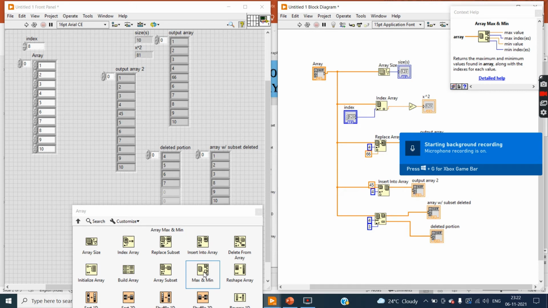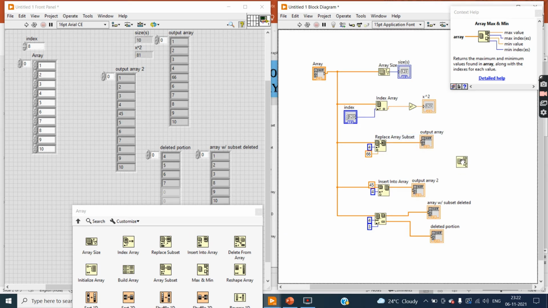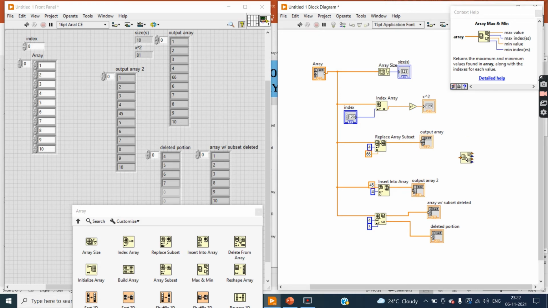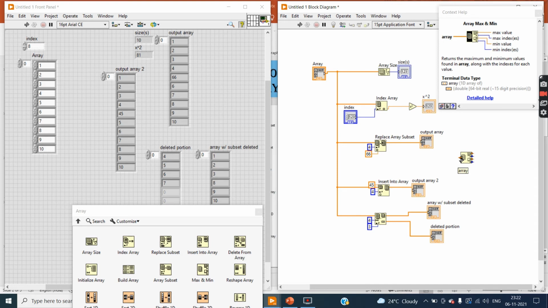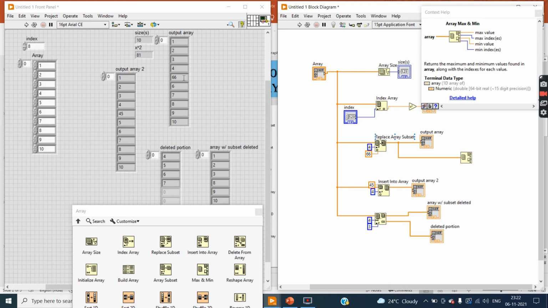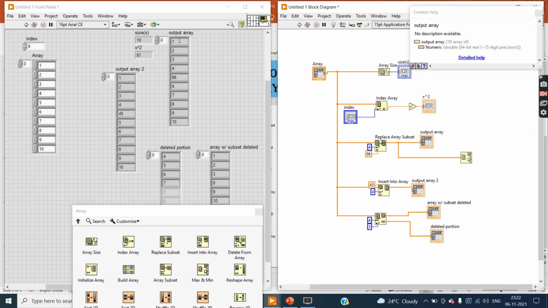Now the next tool is array max and min, kept here. The function of this tool is that it gives the maximum value and minimum value present in the array. Now I want to implement this tool on the output array. I know that in my output array the maximum value is 66 and the minimum value is 1.